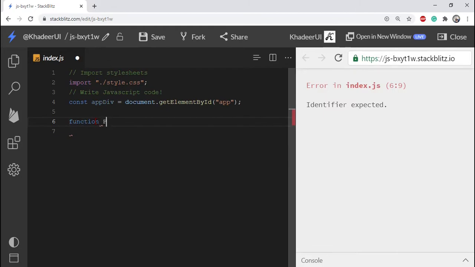Write Person, with parameters first, last, and favorite color.